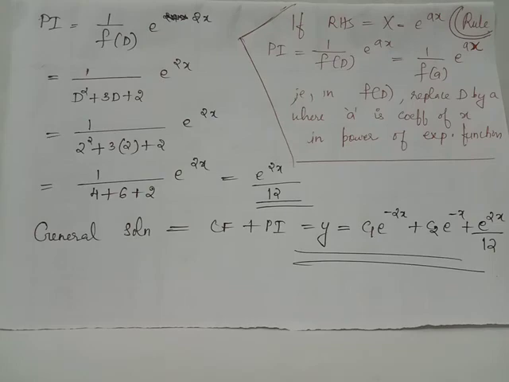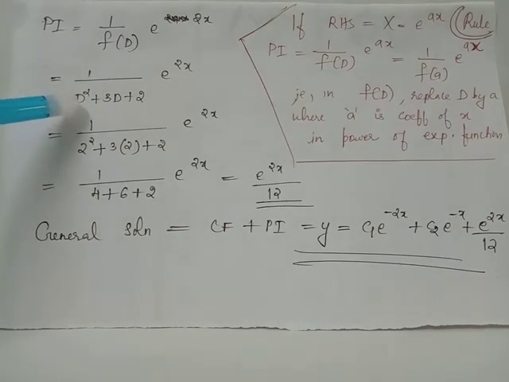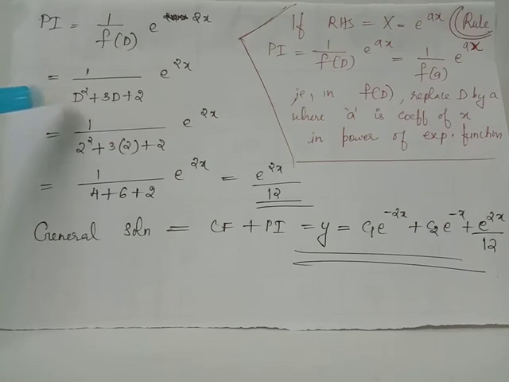Thus we obtain 2 square plus 3 times 2 plus 2 as the denominator, which becomes 4 plus 6 plus 2. Thus we have PI equals 1 by 12 multiplied to e raised to 2x. We have obtained f of D as this function and we gave D equals 2, which is the coefficient of x in the power of exponential function. Thus we obtain PI equals e raised to 2x divided by 12,